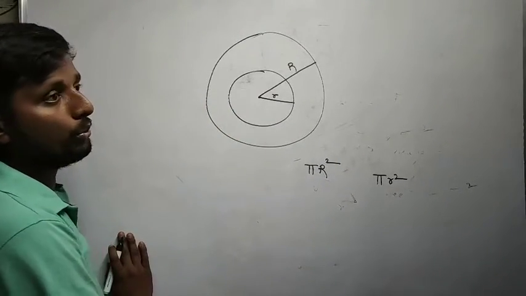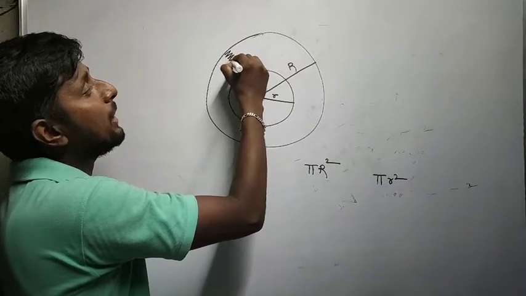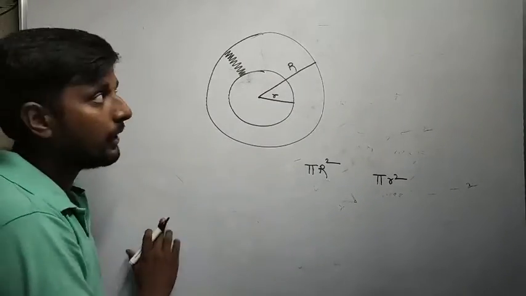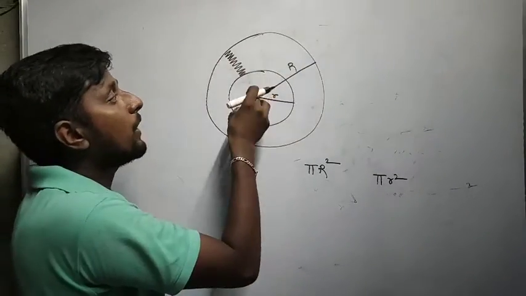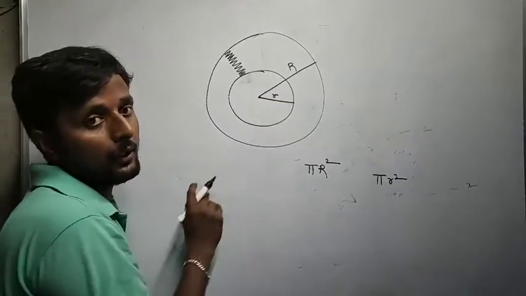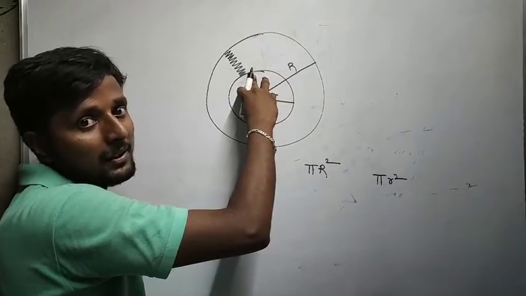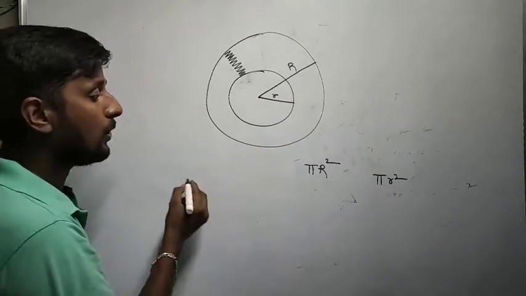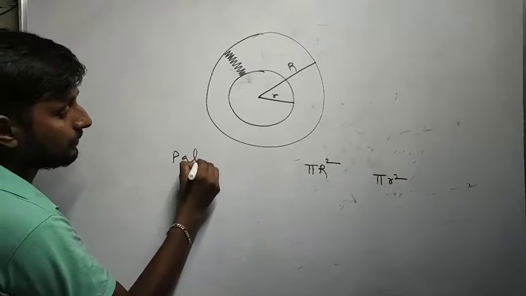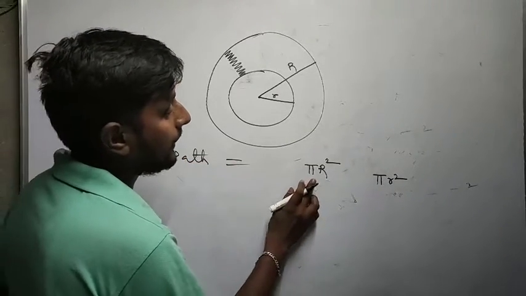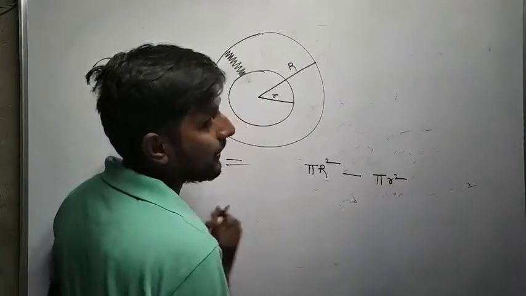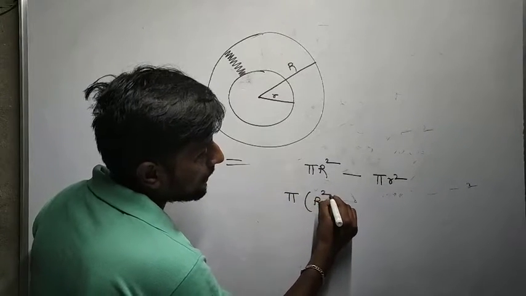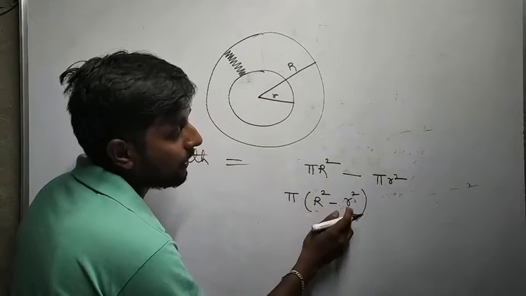Now what I want to do is find the area between them, the gap. So how do you get it? You have to consider the total circle. From that you have to take out the middle circle. Correct? If you make a hole the size of the middle circle, then you get the rest of the area. If you want to find the circular path, it is equal to the total big circle area minus the small circle area. And if you look, pi is common in both, so pi into capital R square minus small r square.